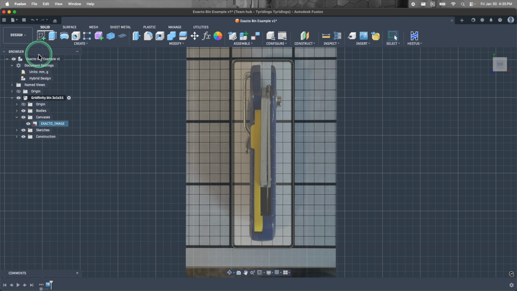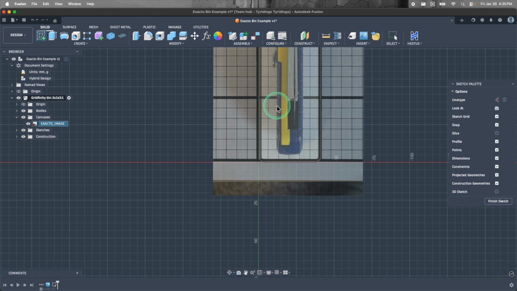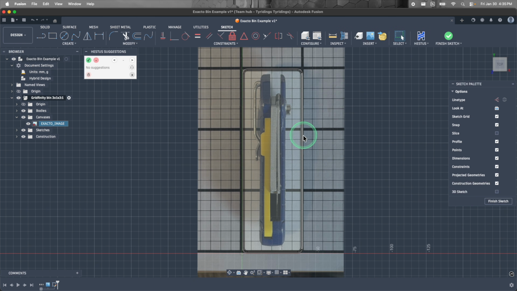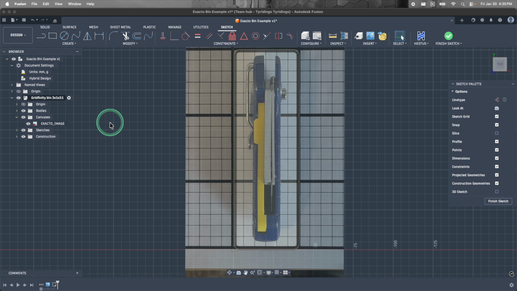Now, the final piece of this is sketching your outline to make your cutout. So we'll create a new sketch and select the top surface of the bin where we wish to cut out the part. If the canvas is in your way, you can always hide it and re-enable it in the browser tree as needed. Once we've started the sketch and we've ensured that the image canvas is still turned on, you